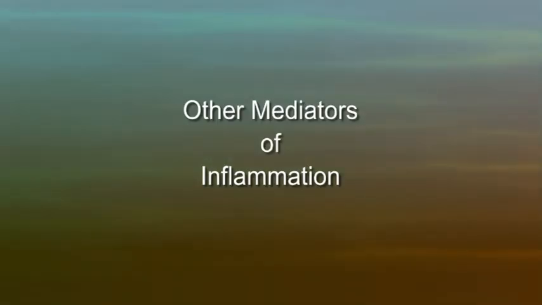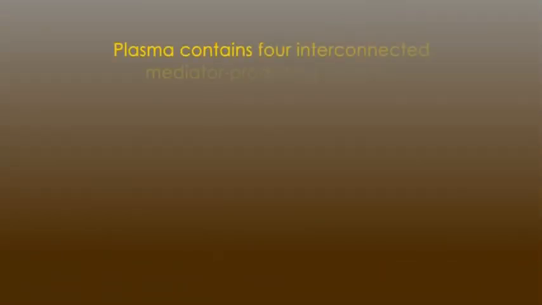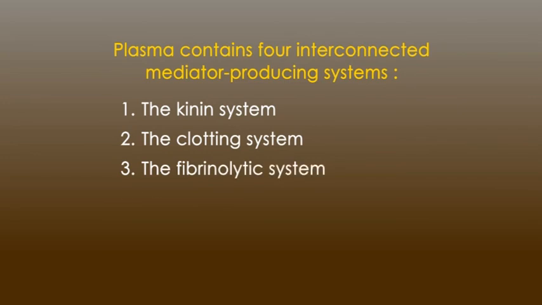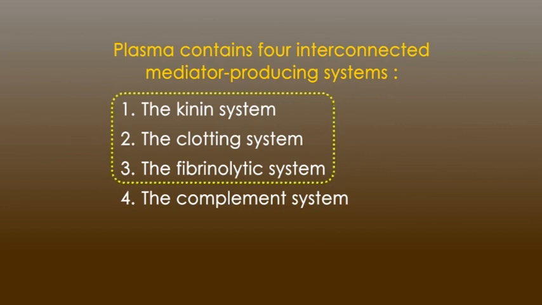Other mediators of inflammation. Plasma contains 4 interconnected mediator-producing systems: the kinin system, the clotting system, the fibrinolytic system, and the complement system. The first 3 systems share a common intermediate called the Hageman factor. When tissue damage occurs, these 4 systems are activated to form a web of interacting systems that generate a number